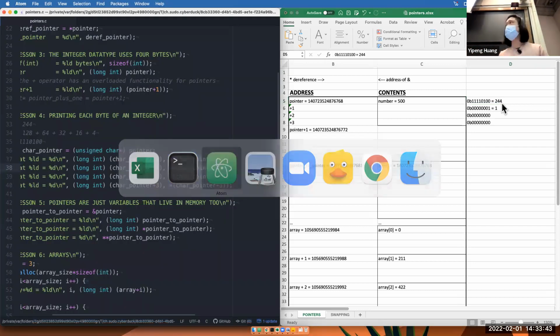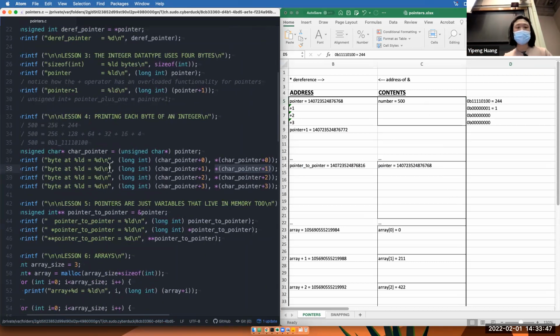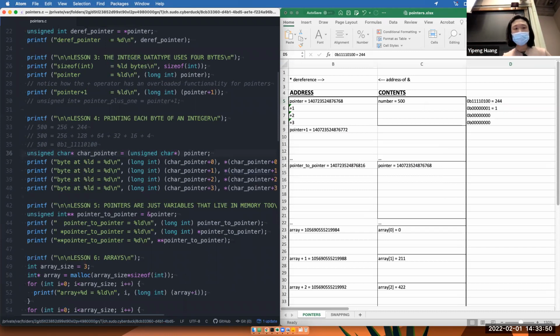Why are we casting to unsigned characters? The reason is, right, why did we go about this casting? Well, we did this casting so that we can affect how this addition works. If we did not do this cast, and instead of working with character pointers, we did 0 plus